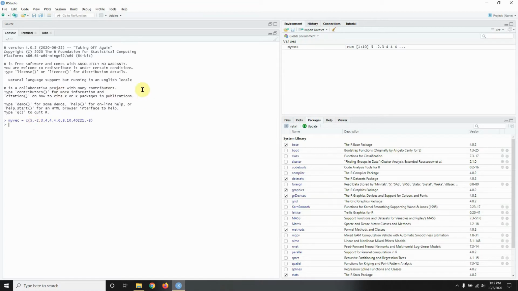Okay, so here I declared this variable to be an object, which is a vector now